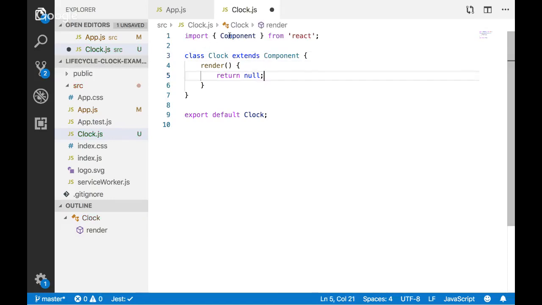That's also valid. I don't want to get into too much around that, but doing it right now is just using the default export, just like this is exporting default Clock, and you can actually name that whatever you want.